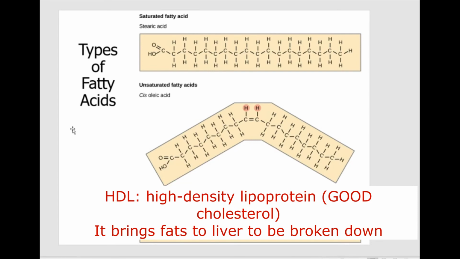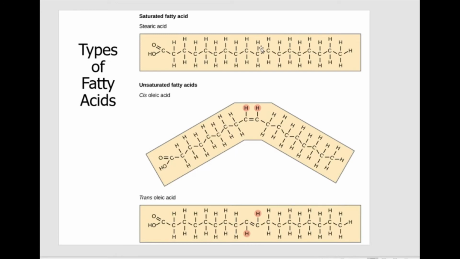HDL, high density lipoprotein. Okay? And then high density lipoprotein, the HDL, will bring fats back to your liver to be destroyed, instead of leaving the fats in your arteries, right, to form plaques to clog your arteries. Okay, so unsaturated fat is associated with a high HDL level, which is good, but saturated fats is associated with